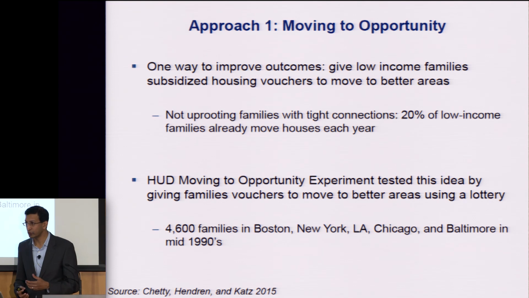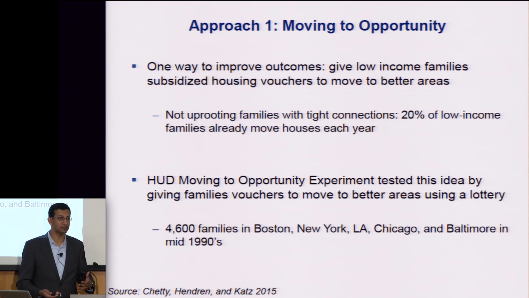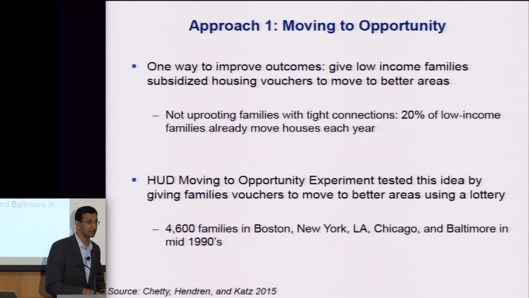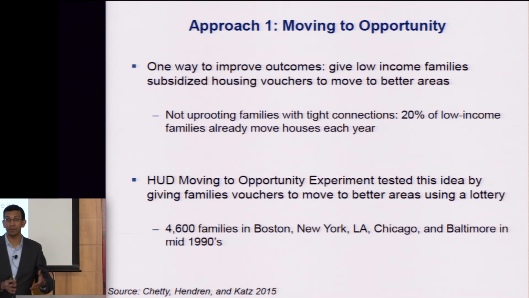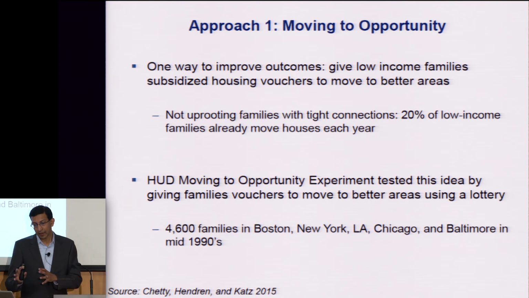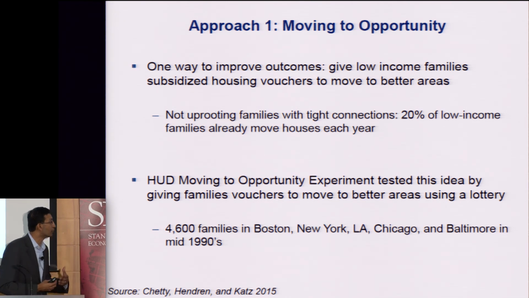I think it's very important to note that 20% of low-income families already move houses each year. And so the way I think about these policies is redirecting the flows, redirecting where they're searching for housing, showing them that maybe moving to a different neighborhood will have beneficial impacts for their kids. Now, this idea of moving to opportunity is something people had thought about in the Clinton administration, where in the